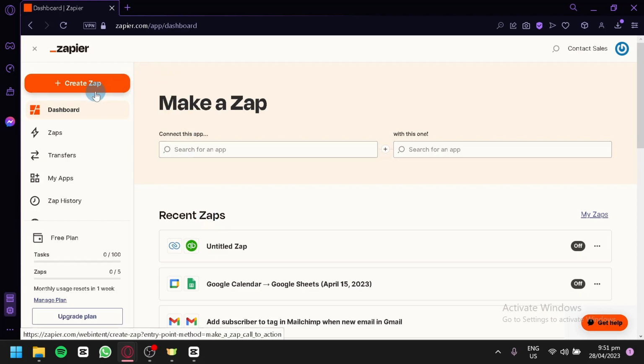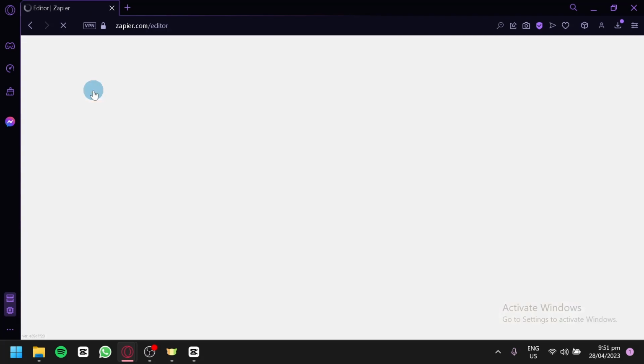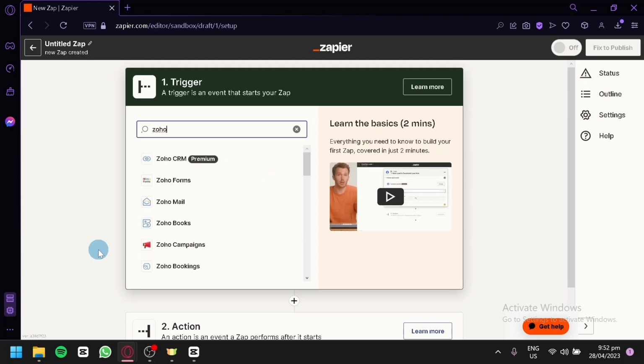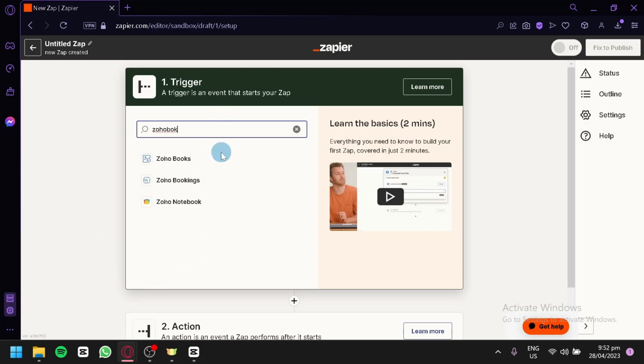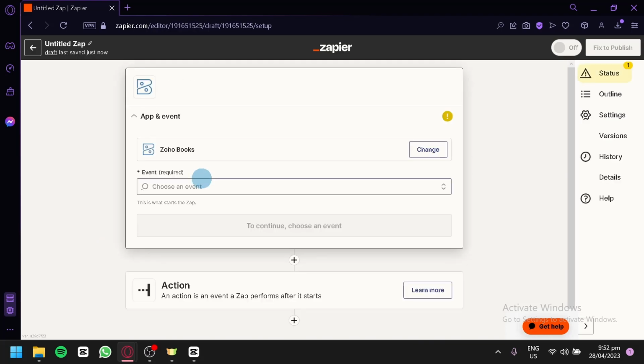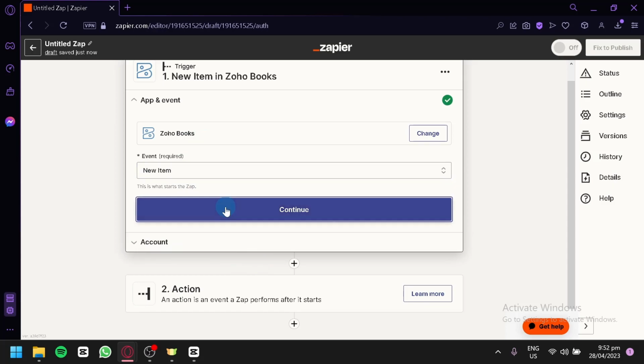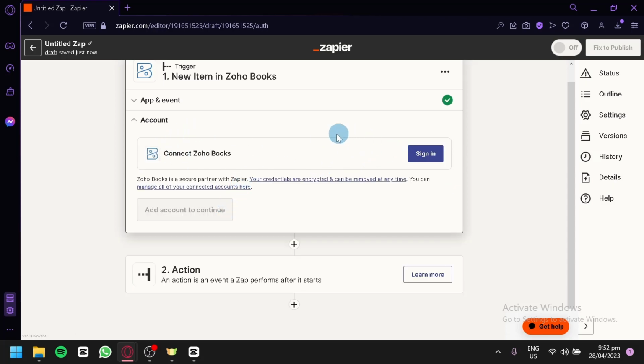Now you're first going to click on Create Zap over here, and we would be redirected to this page, and in this section you can see we have a trigger and an action over here. You could choose from Zoho CRM or Zoho Books as the trigger. For example, we're going to go with Zoho Books as our trigger. We're going to click this, and we're going to select an event that would happen in Zoho Books. We could choose from new customer, new estimate, new expense, or new item. We're going to go with the new item, click on continue, and now you're going to have to connect your